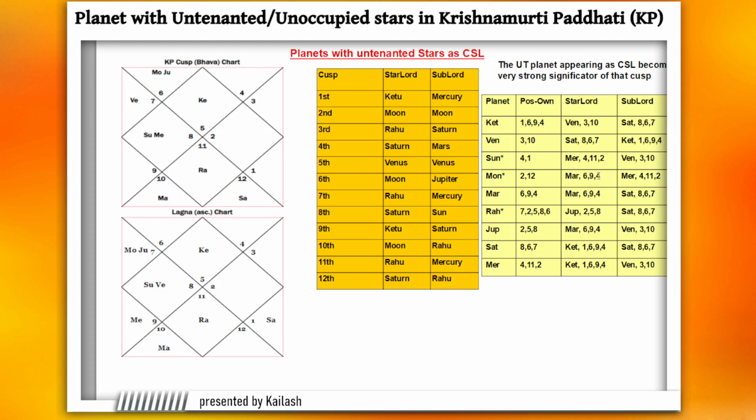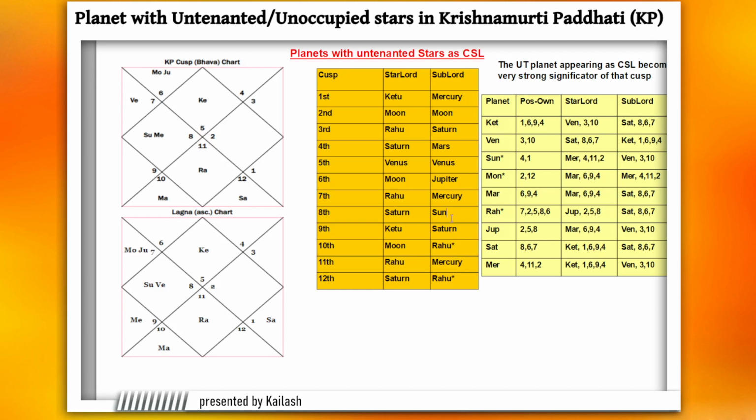Now, just for the sake of simplification, I would just focus on Rahu. Rahu we know is untenanted because no planet is deposited in Rahu's star. So Rahu is a very strong significator of Rahu itself. Now where Rahu appears, if you look at the cuspal sublord column, you find that Rahu appears here as the 10th cuspal sublord, and Rahu appears here as the 12th